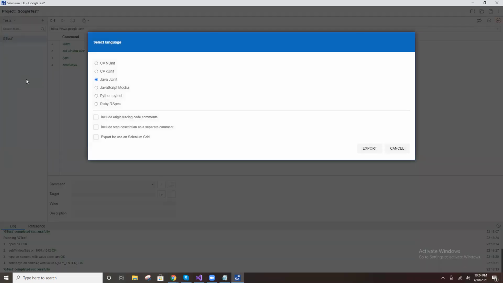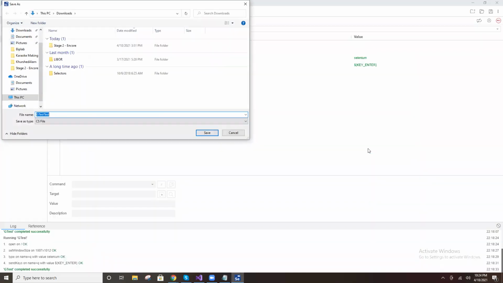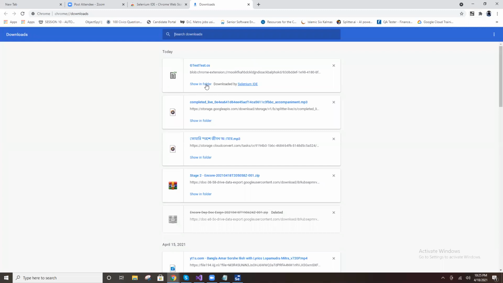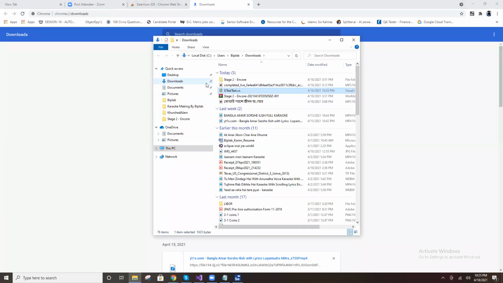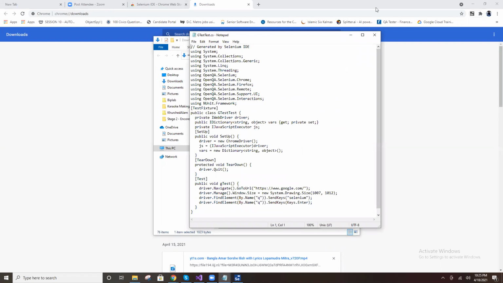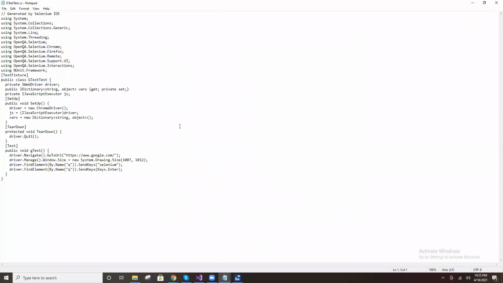See, click on export. For example, you need C# NUnit. I'm selecting this one and selecting the export button. I'm saving this file and opening it. You didn't write any code, right?